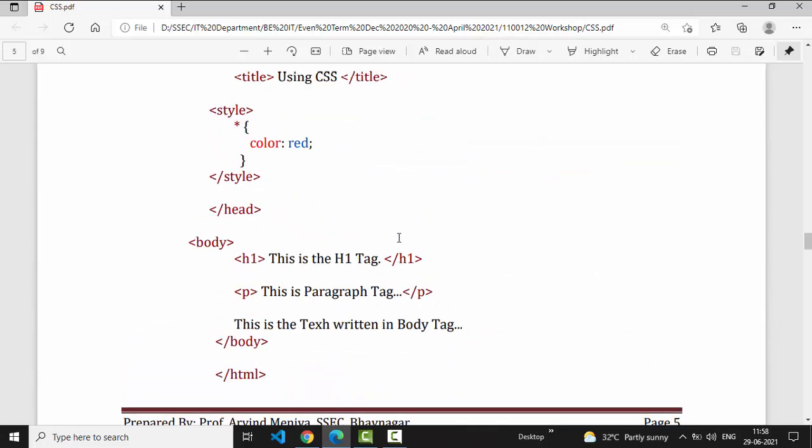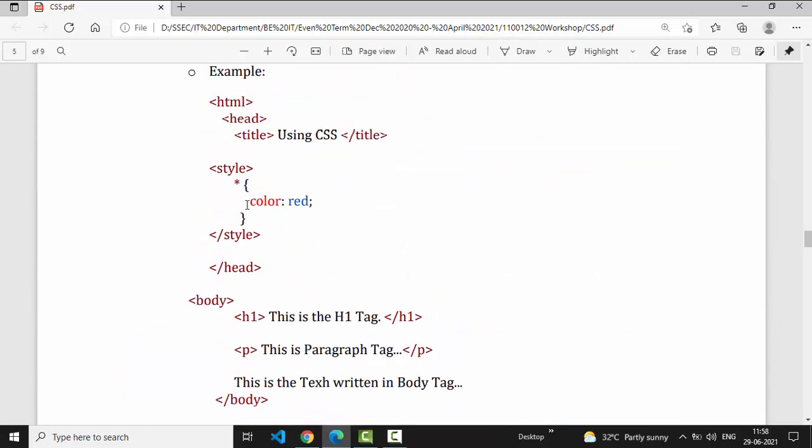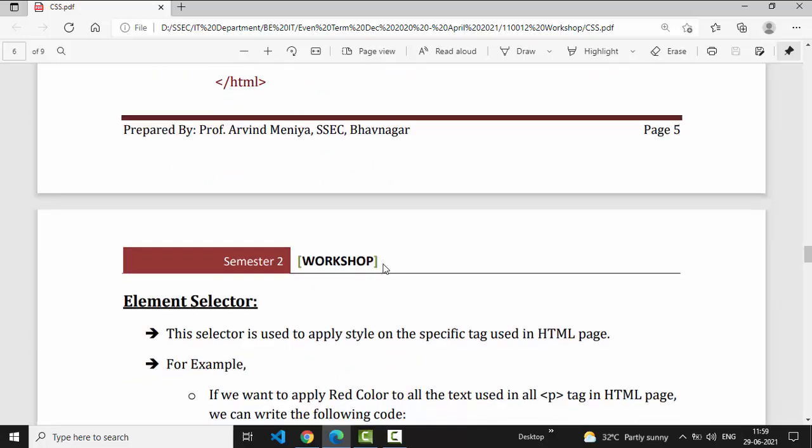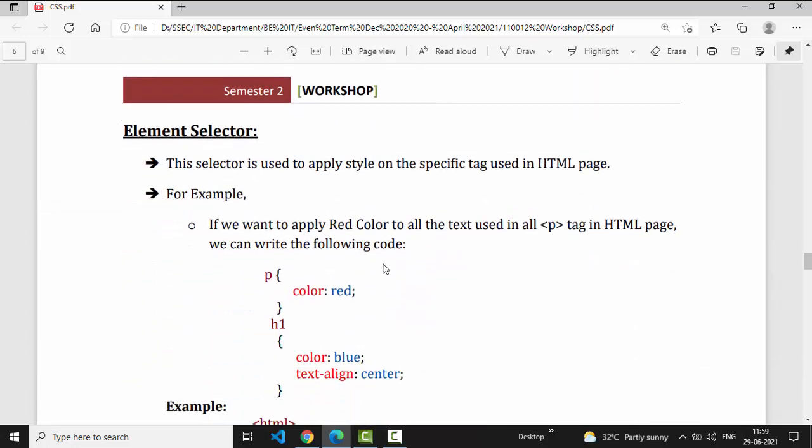Remember one thing: if you want to apply the property and its value to all the tags available in the body section, then you use the universal selector. But if you want to provide the style on a specific tag, that means you don't want the effect of CSS on all the HTML tags available in the body section, and you want to apply it to a specific tag, not all the tags, then you can use the element selector.